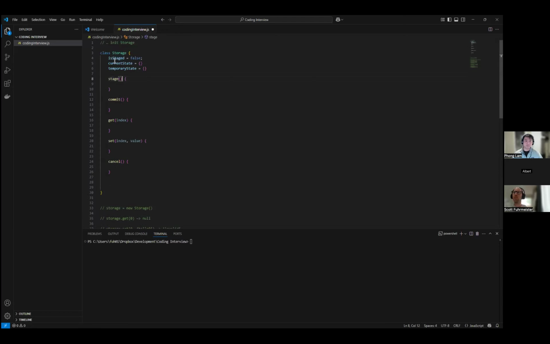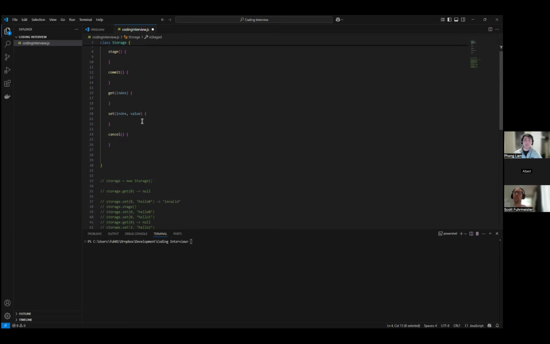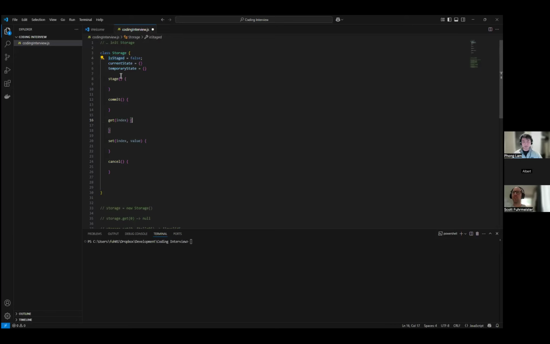Okay, so once you commit the changes, does it then become unstaged? When you commit it, it shows up in the getter. However, it's not like a repository where you're staging changes.